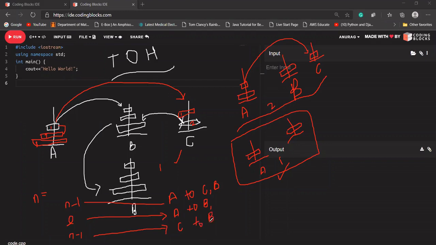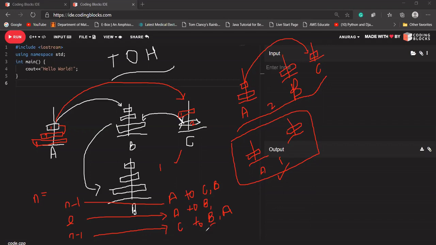All the elements that are there in C, move them back to B with the help of A. In that case, all the elements will be in the B now. Okay. We have performed the last one. We have already transferred it to B, and n minus 1 we are transferring from C to B. Okay. Is the concept clear? How we are doing it with the help of recursion?